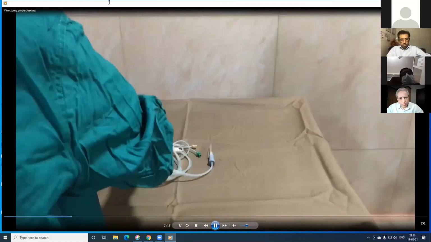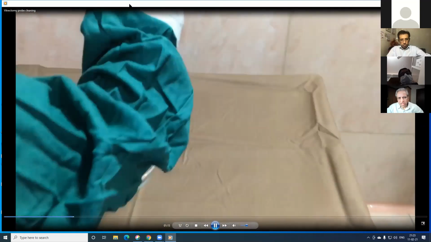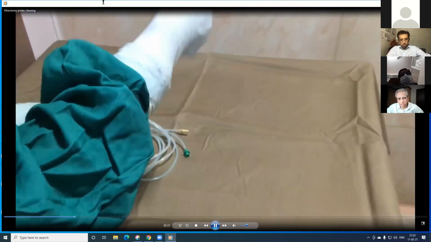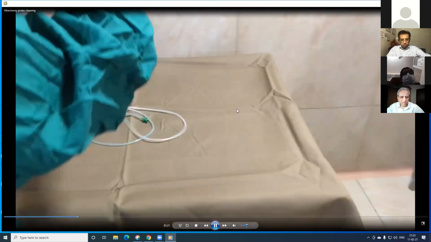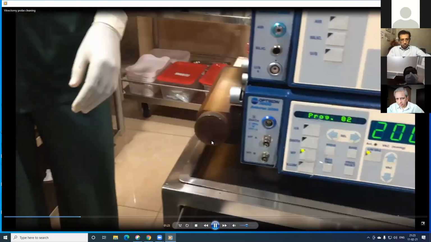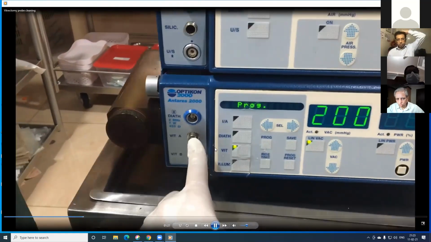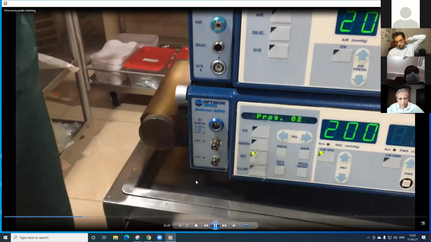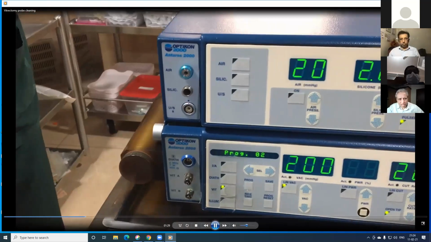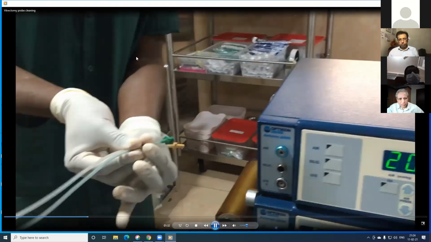And the probe has to be protected by a tube, otherwise it will get bent. Once it gets bent, it doesn't work as efficiently. The cutter will go into that. As Dr. Mallikarjun said, the cutter connection, there's a Luer lock connection, has to be very tight. And that's for the vacuum.